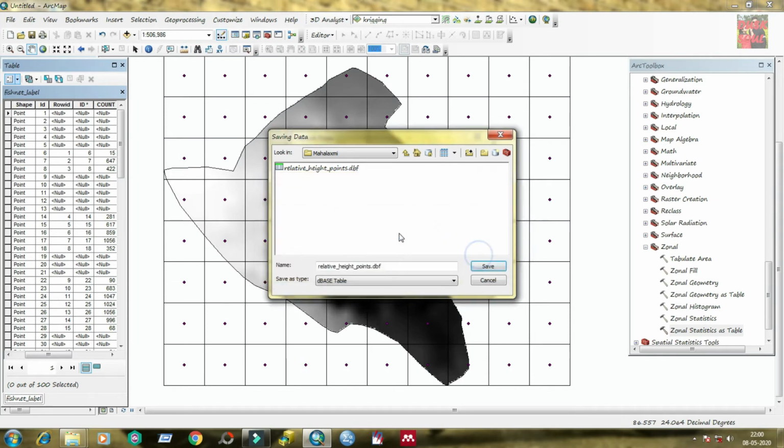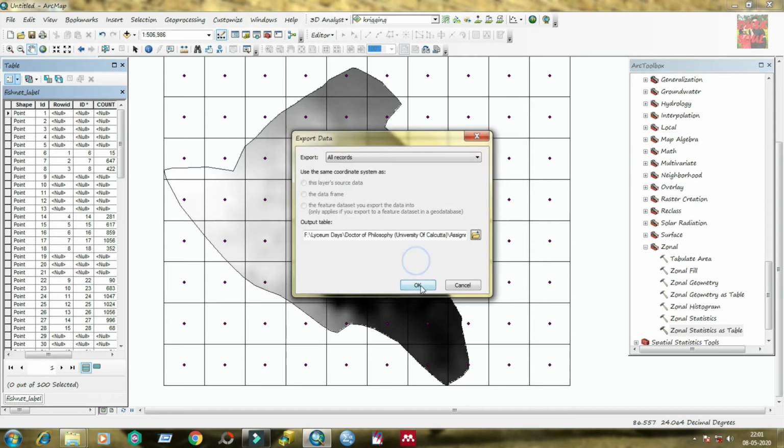I'm reducing it. Relative height. Then save.